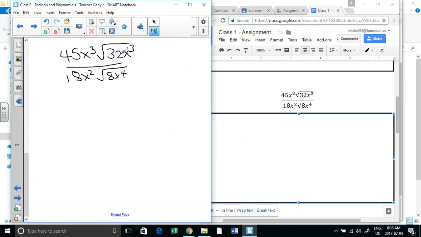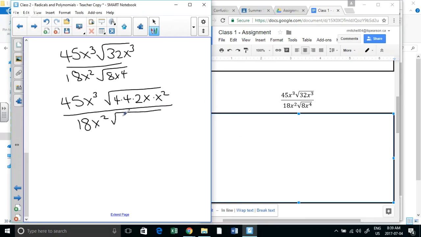Okay, if we just look at each of the brackets and what we can take out first. In the first bracket, this breaks down to 4 times 4 times 2 and x squared. This one would break down to 4 times 2 and x to the 4. So now we want to take out everything that we can take out. So we can take out this 4, this x to the 4, both of these 4s, and the x to